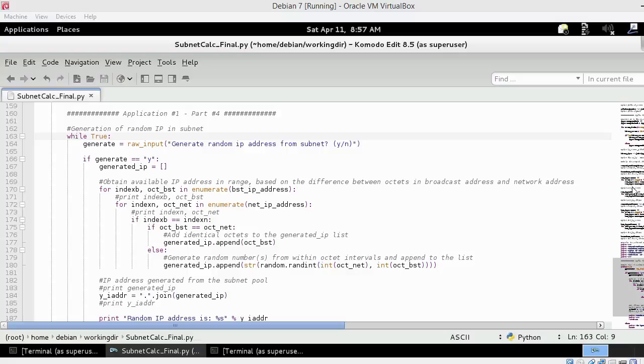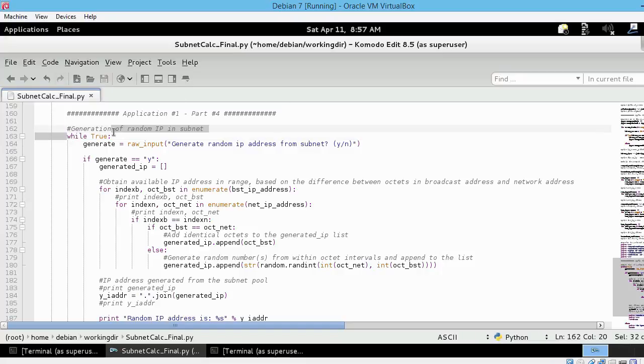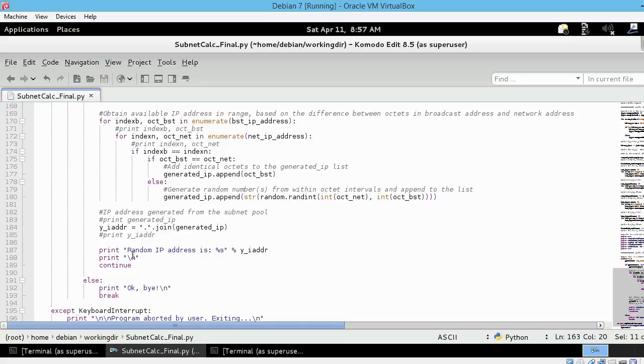In this final part of our application, we're going to take care of the random IP address generation algorithm. Because we want to allow the user to generate several random IP addresses, I've used the while loop to keep asking the user if he wants a new IP address from that subnet to be generated. As long as he answers yes, the code inside the if block will be executed, and thus new addresses will be generated. Of course, as we've seen before, to implement such a behavior, we need a continue statement that brings